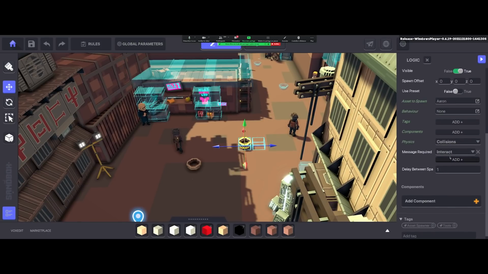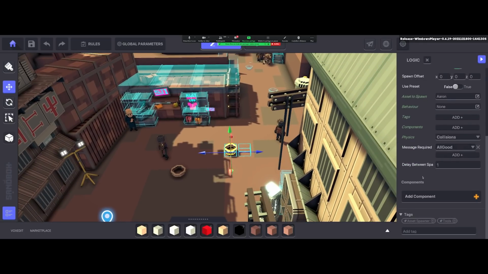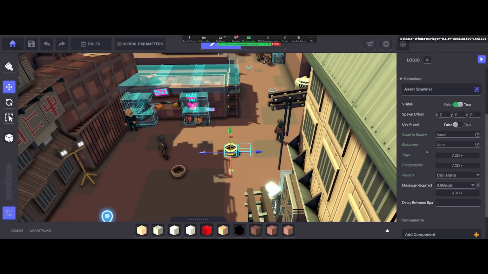So I will remove the basic ones that are already inside because we won't need them. And here I will try to find "all good". And as you can see here, you already have your message that you created before. You have it here, and you can use it to receive the message and then spawn the asset. So let's see, I'm just making sure that